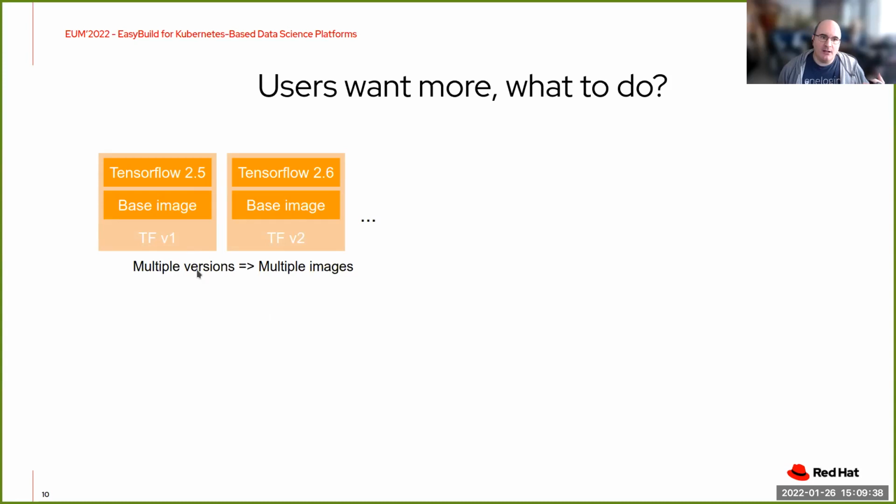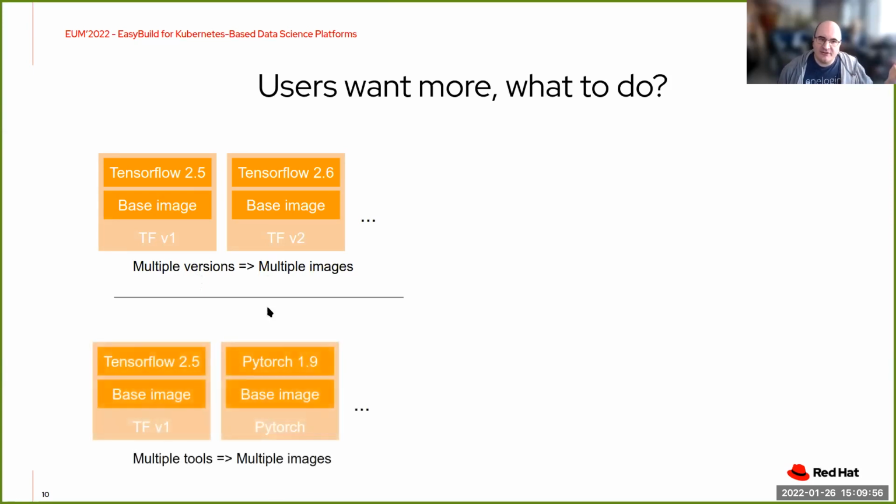So one solution would be to create different images that people can work with, can select from the start. Okay, let's launch me a new environment with TensorFlow, this version. Perfect. That's one solution. Or the other solution for different packages will also be to have multiple images. You have one image for TensorFlow, one image for PyTorch, and you can see that it begins